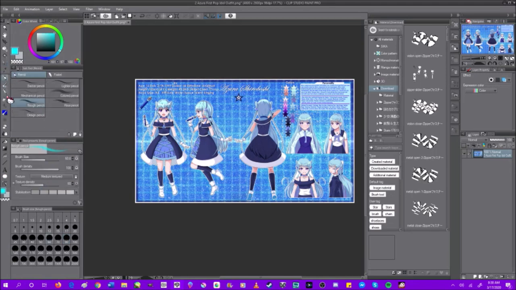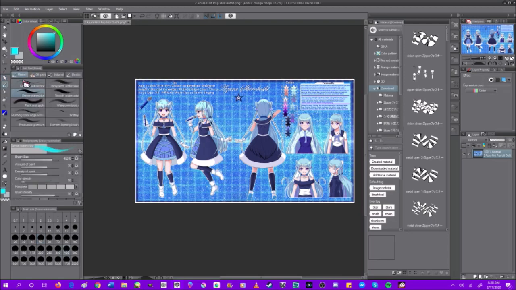These are all your main tools. Ignore this one because I added that one here myself. But you have your pencil, which has a lot more. It has darker pencil, lighter pencil, mechanical pencil, colored pencil, rough pencil, real pencil, design pencil, pastels, chalk, crayon, noise, charcoal. You have your paintbrushes, which come in all of these: watercolor, oil paints, Indian ink, realistic,